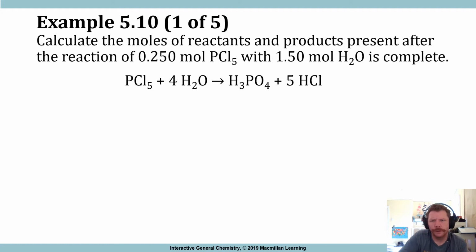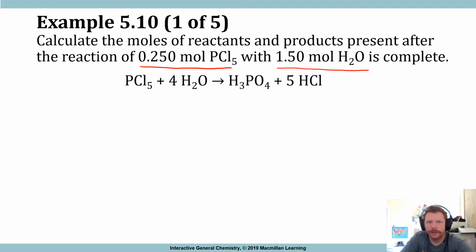All right, so here is section 5.3, part 2. Calculate the moles of reactants and products present after the reaction of 0.250 moles PCl5 and 1.5 moles of H2O is complete. Okay, so again, what we're doing is a ratio of the moles of our reactants